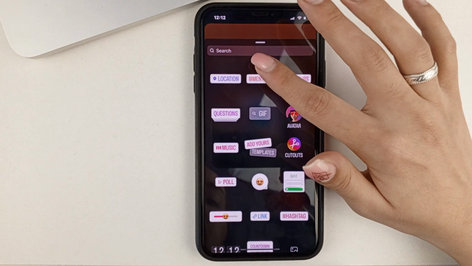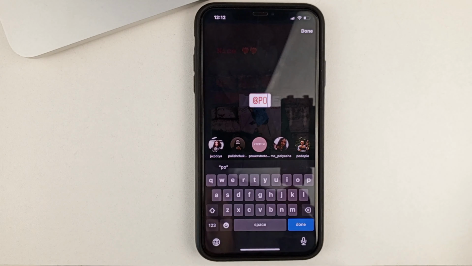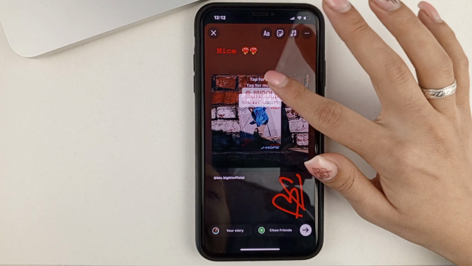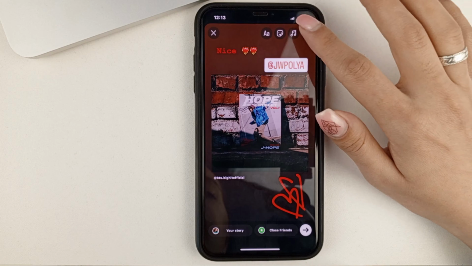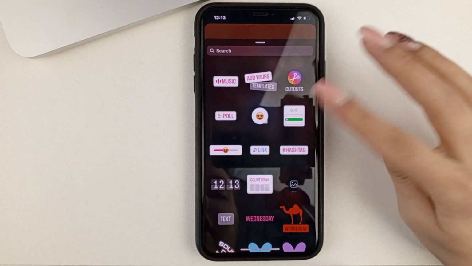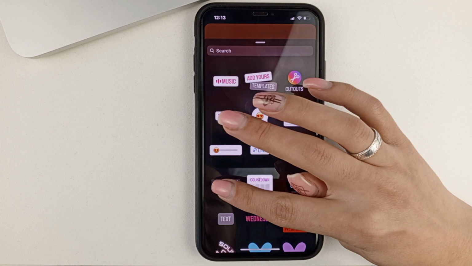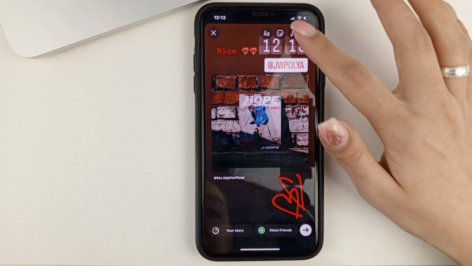For example, if I want to mention someone, I just have to type in how that person is signed. And now we'll have that person mentioned. And let's say if I want to select a time. Now I have the time.